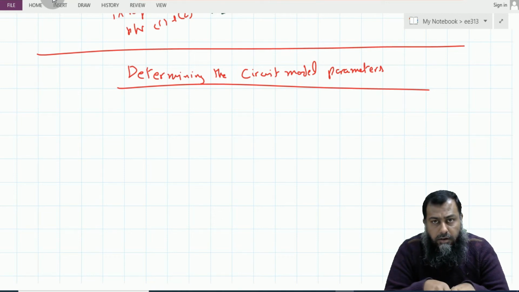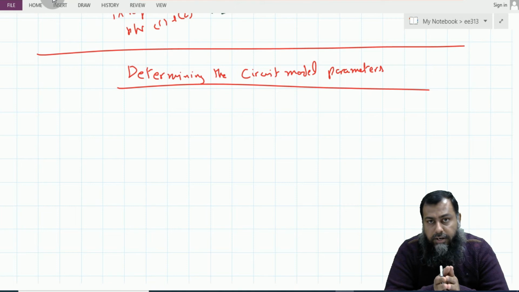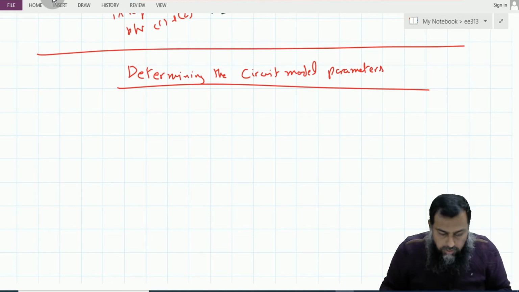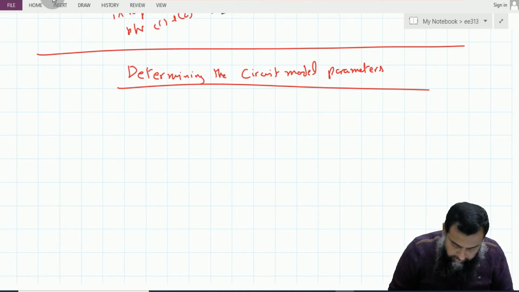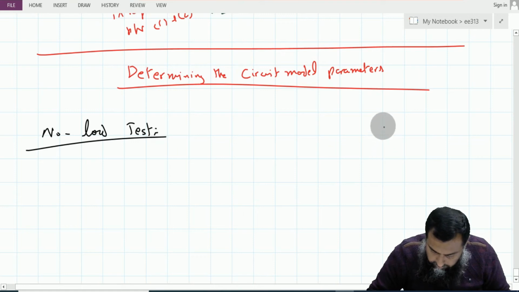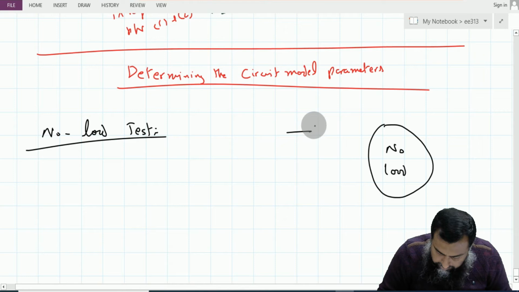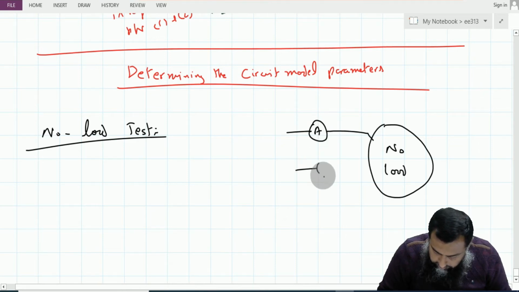These values are calculated through various tests which can be performed on an induction motor following international protocols such as IEEE Standard 112, which deals with the procedures for testing an induction machine. So the first test in this regard is the no load test. In a no load test, we have no load on the motor. We measure the current for all three phases